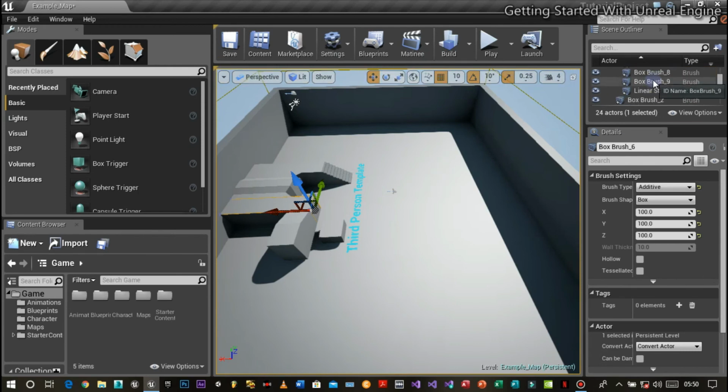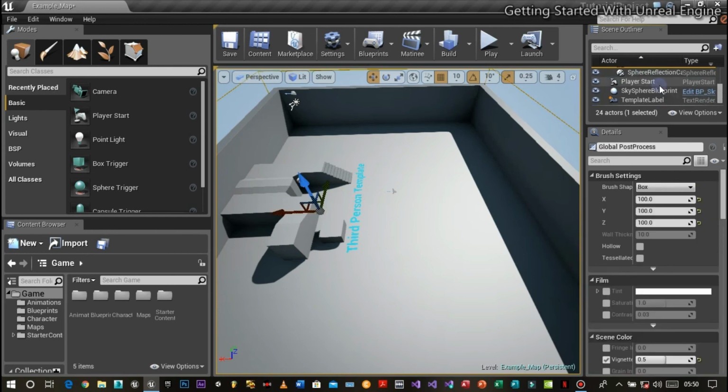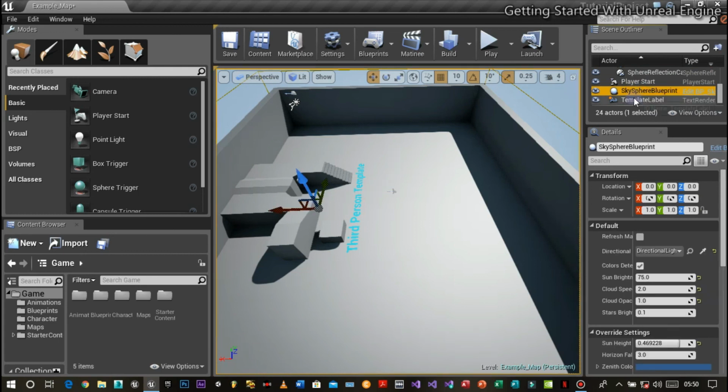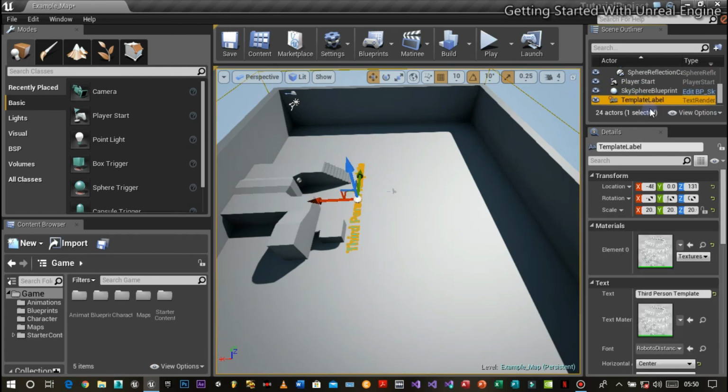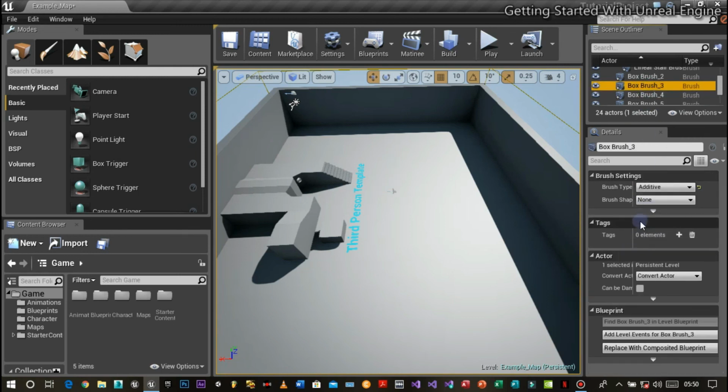From here, we have this scene outliner. It contains every asset or actor in the viewport. When you click, you can select any asset from the scene outliner. And if you notice, any actor or box you click will display its details on the details panel.